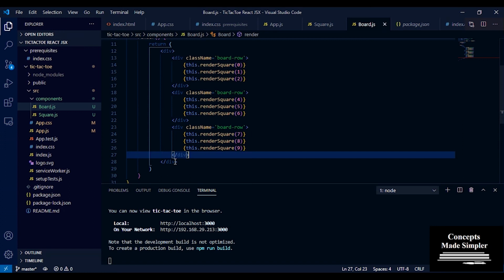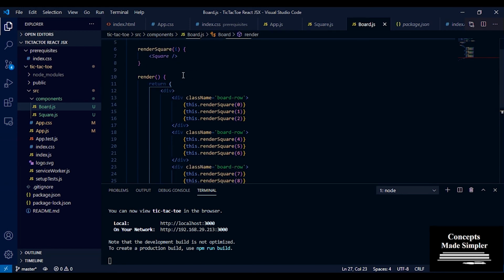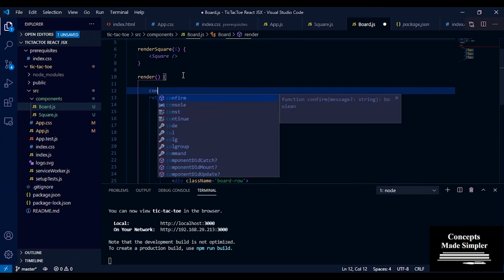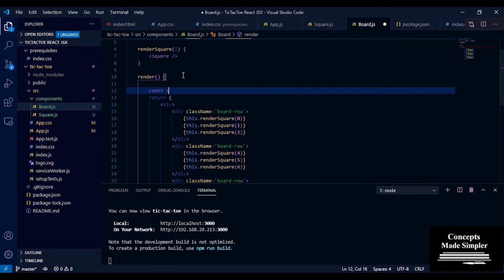Now we need to inform the player as well whose turn it is next. So inside this render method, we're going to make another variable called status, and in status we'll inform whose turn it is next.